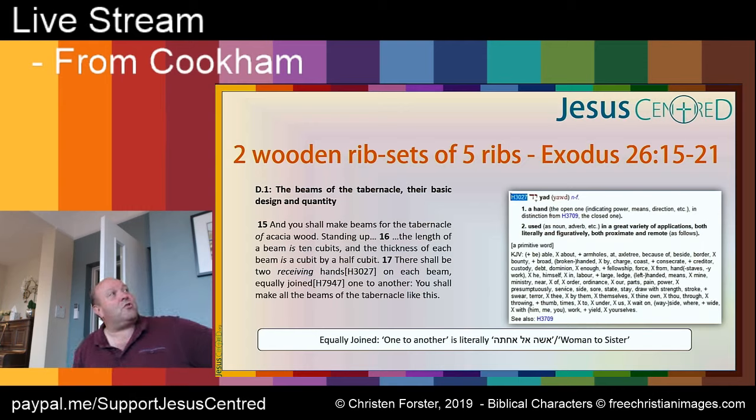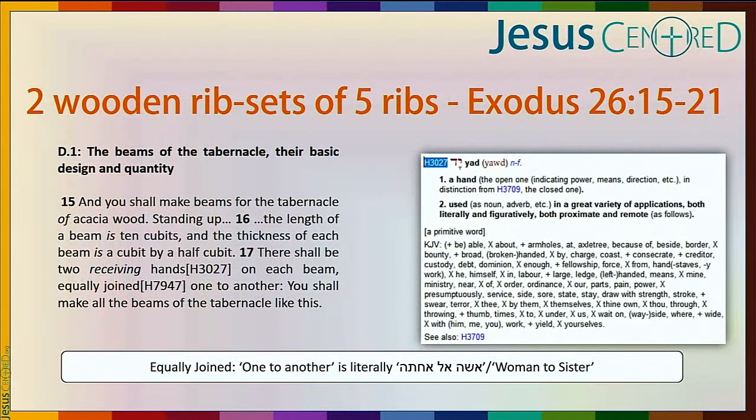And they shall have 2, and I've highlighted the word receiving because it's an assumed word I put in to clarify it. Receiving hands, but why? It's not that there's nothing in the Hebrew that says why, because the Hebrew word here, which the King James calls a tenon. And a tenon is a bit that sticks out. So if you've got a pole and you get a bit that sticks out, you can stick it into something.